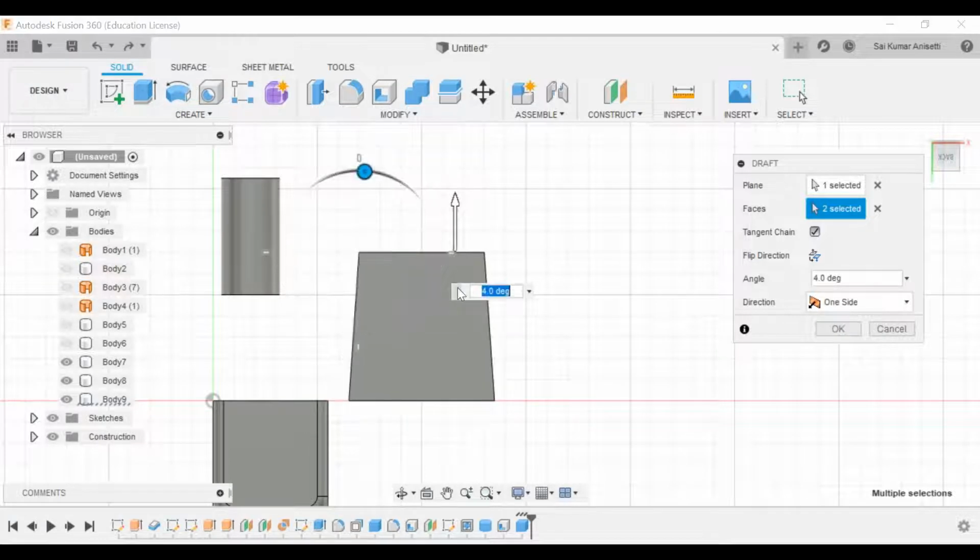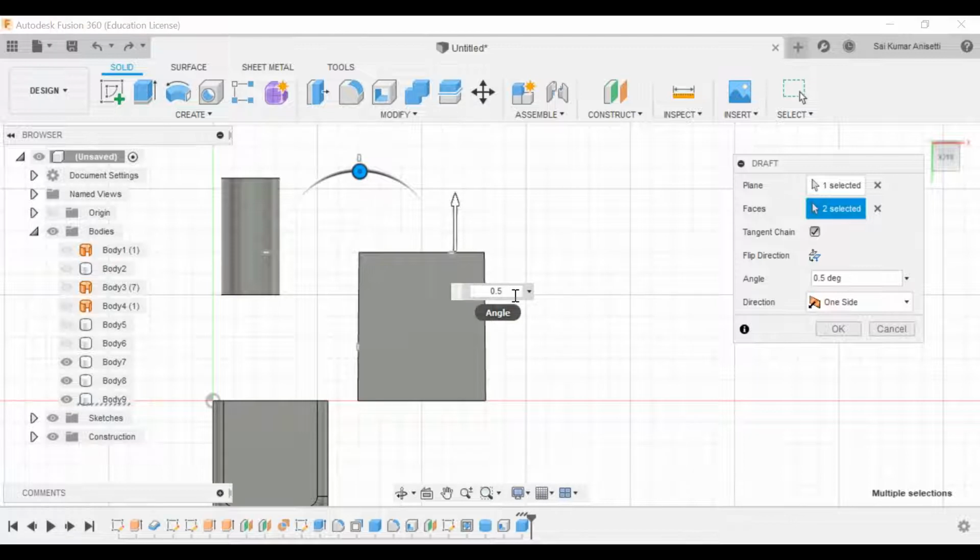Now, if I make it 0, then this object is really harder to pull from the die. That is why we give draft angle, so that the ejection is simple. Generally a maximum of 1 degree, or that is the most. We should not change the design actually, right? So draft angle, more or less 1, generally we go with 0.5 degrees. The minimum draft angle should be there for each and every surface.